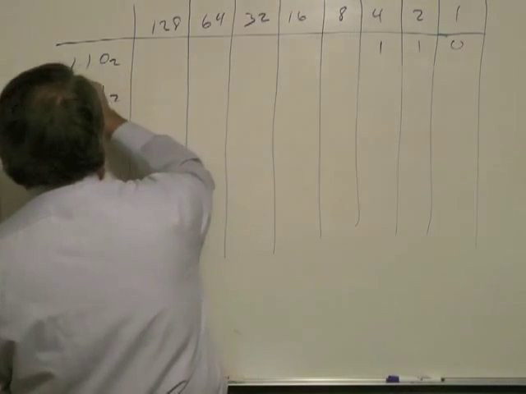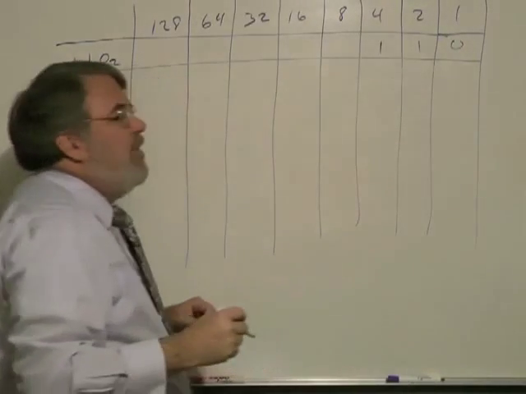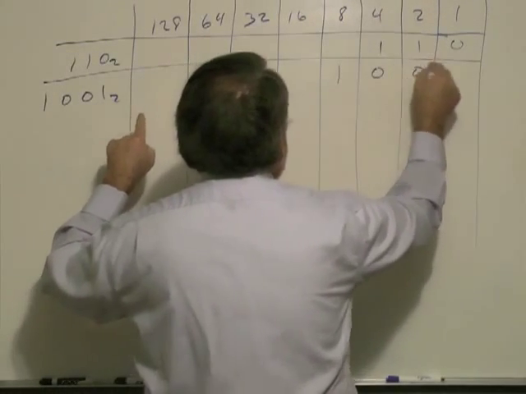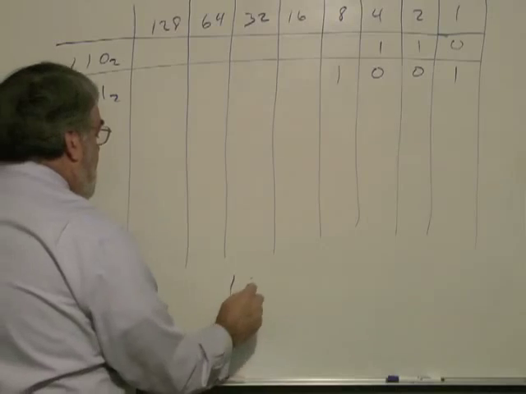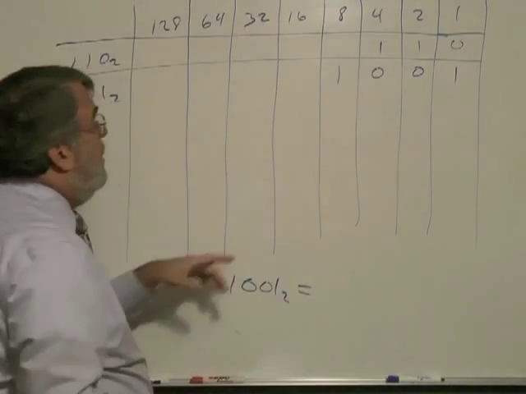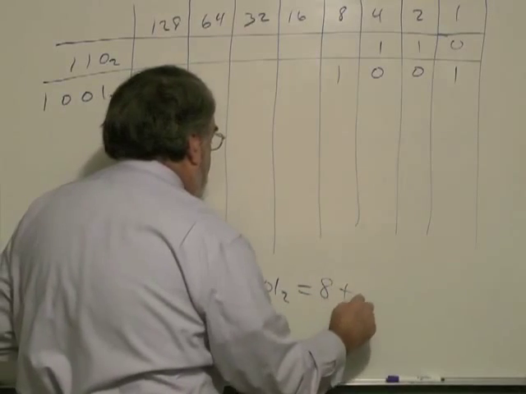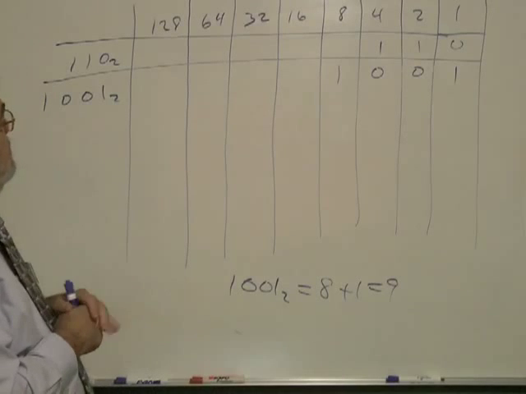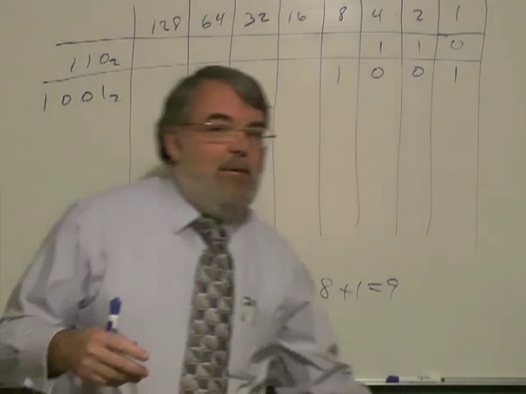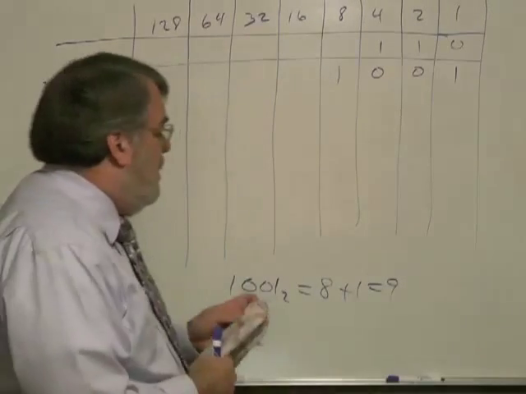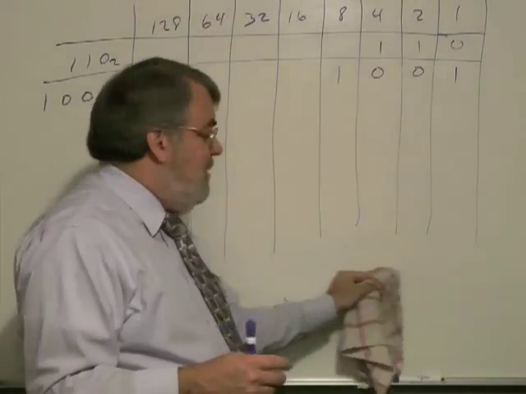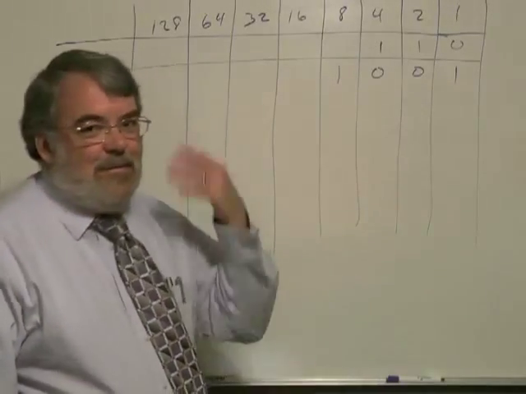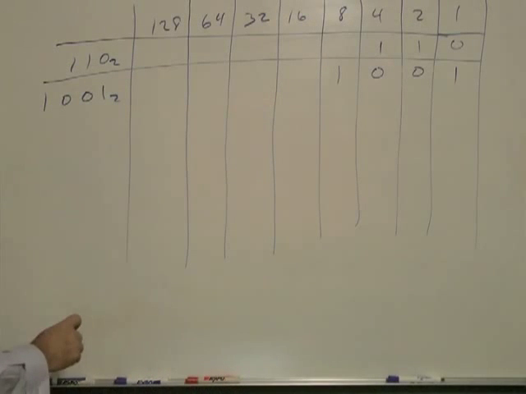Alright, well, I'm going to fill it in. Let me draw a line across here so we can separate it well. So 1001 base 2 will be 8 plus 1, or our common number 9. Alright, so let's try a couple more of these, and again, I would pause each time, see if you can figure it out, and if you do that rather than just watch me, then this will sink in pretty fast, I think. So here comes the number,